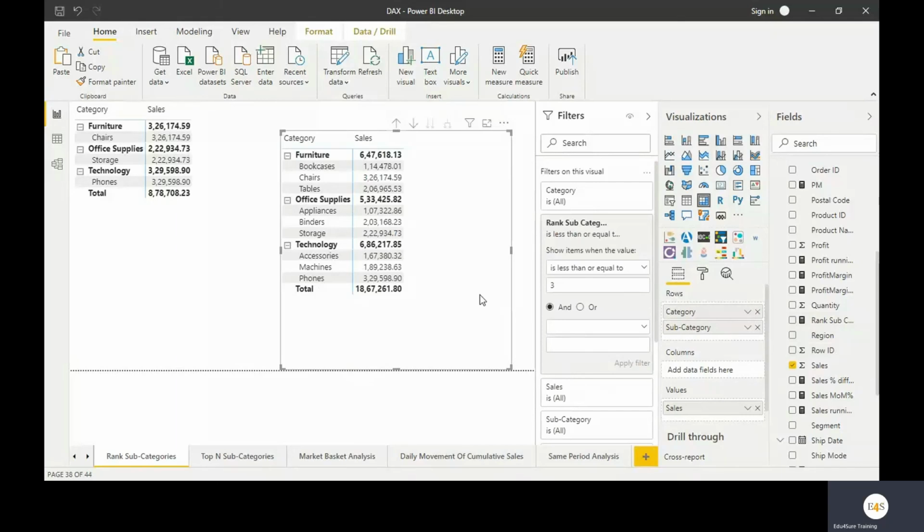So this is how we need to approach data to find out whatever we want. So this is what we have done. So this is the difference between without DAX and with DAX. So this is one case where we have no solution apart from DAX. So we have to use a DAX formula.